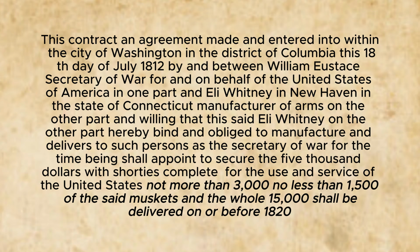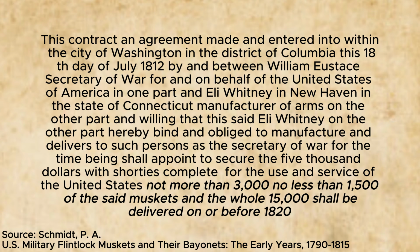This contract, an agreement made and entered into within the city of Washington and the District of Columbia, this 18th day of July, 1812, by and between William Eustis, Secretary of War for and on behalf of the United States of America in one part, and Eli Whitney in New Haven, in the state of Connecticut, manufacturer of arms on the other part, and willing, that this said Eli Whitney on the other part hereby bind and oblige to manufacture